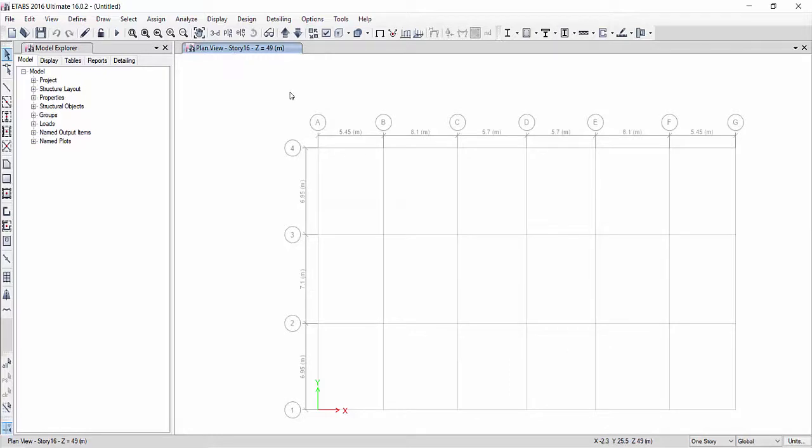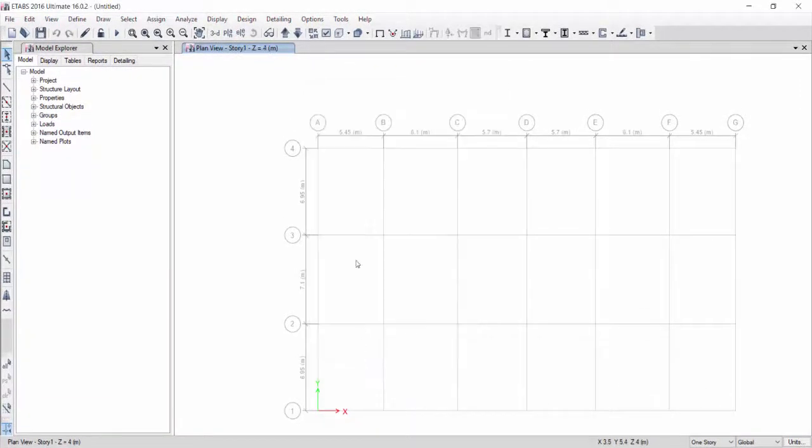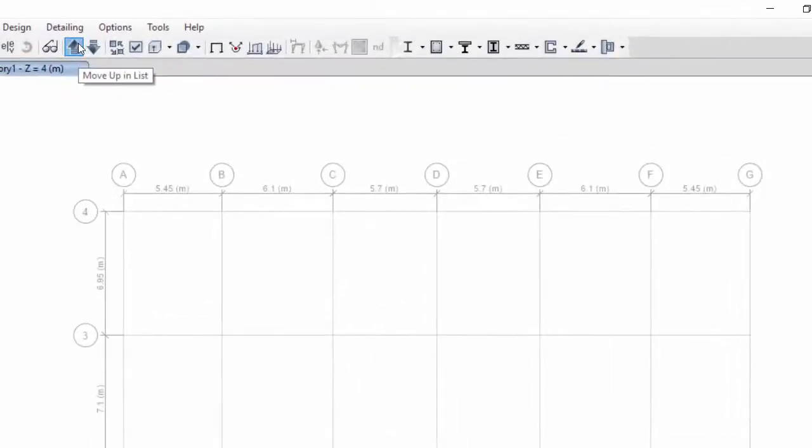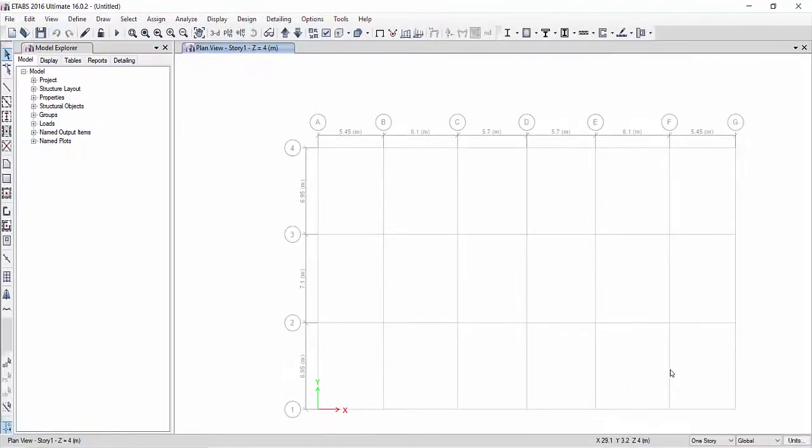To go to story 1, because we begin drawing at story 1, we go to plan story 1, or we can use move up and move down to go between stories. If we press here, we go to story 2, and we press here, story 1. So now we define the number of stories, the height of the stories, typical and the basement, and we